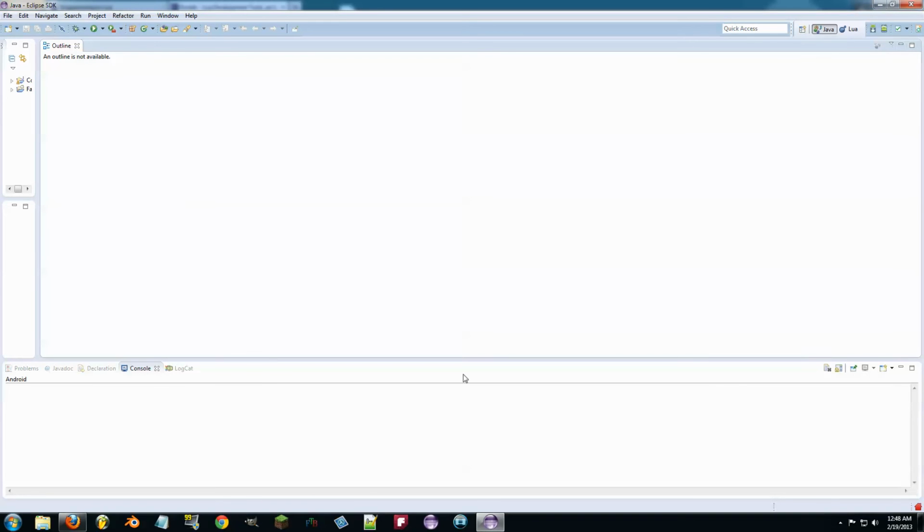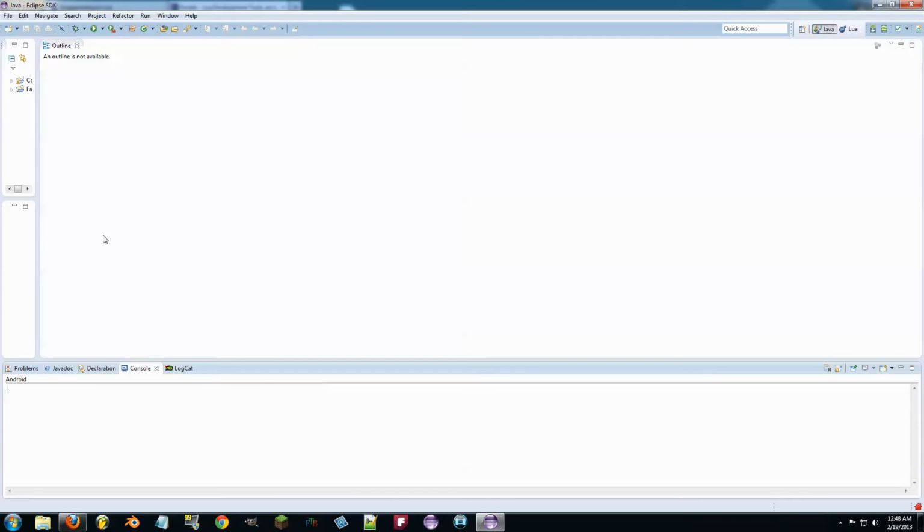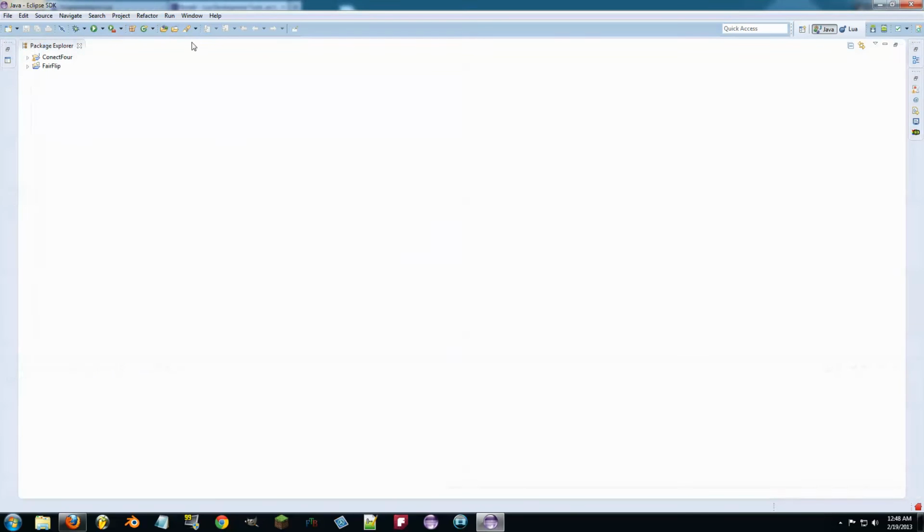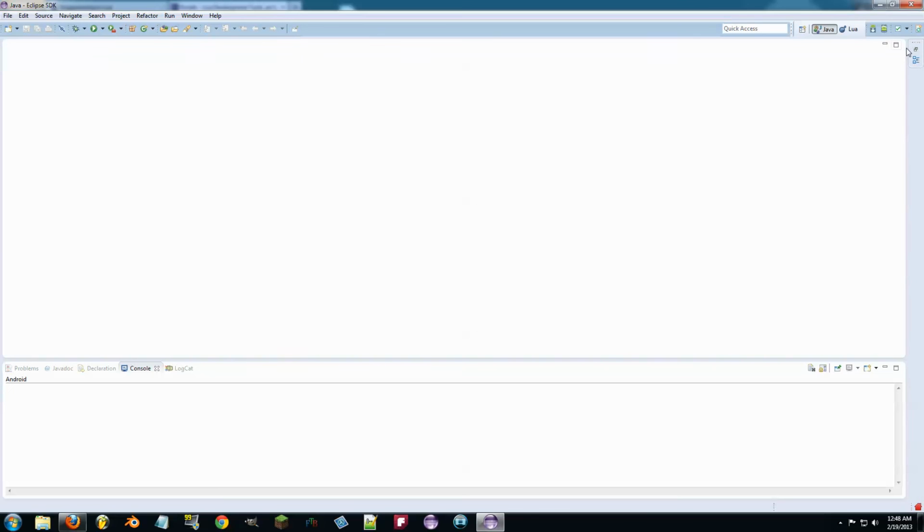I'm changing all sorts of things here. Things are getting real disorganized, and I'm hoping that I know the way to fix that. And I believe, I hope, the way to fix that is to go into the new perspective. And what a perspective is, this particular arrangement of these windows is designed to be more convenient for what you're doing. So if I had a, let's see,